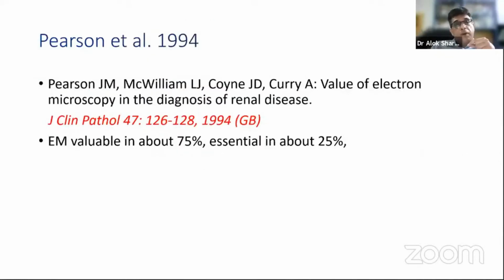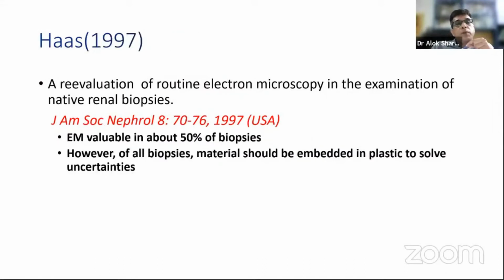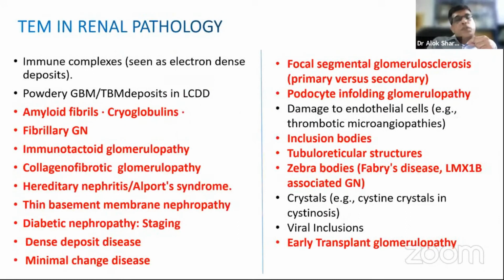Another paper. If you look at most of these papers, in almost 75% of the cases, your diagnoses are either confirmed, re-emphasized, or you make a new diagnosis while doing electron microscopy. So it's an important component. Now, if you look at this particular chart, these are a few examples of diseases which you can diagnose. The ones in bold red are the ones you cannot make without an electron microscopy examination. Barring a few here, like fibrillary glomerulonephritis, where we have IHC now, many of these diseases you cannot diagnose without electron microscopy. So that emphasizes the utility of this technique.